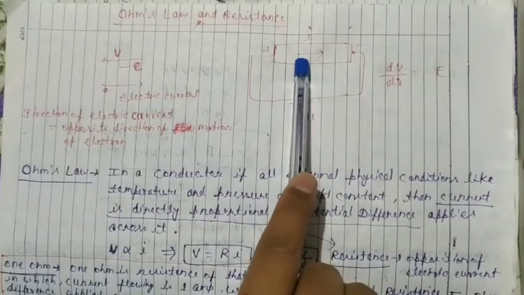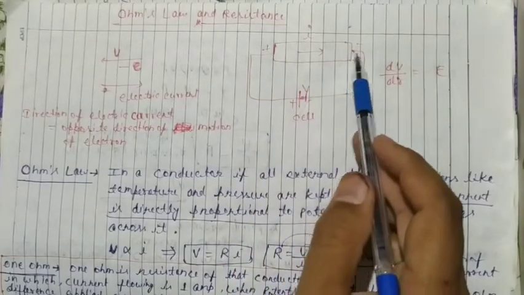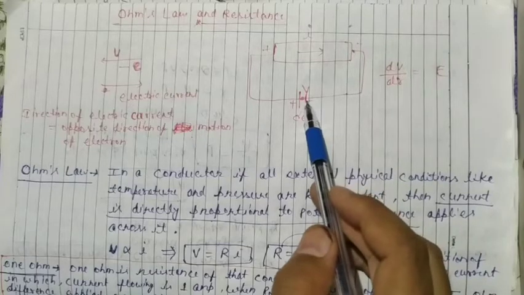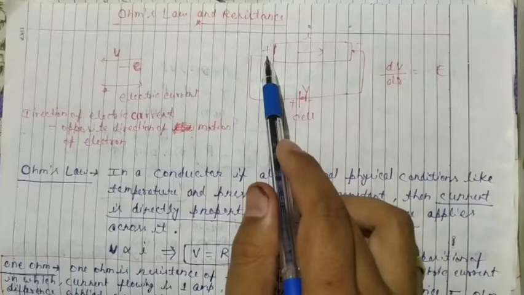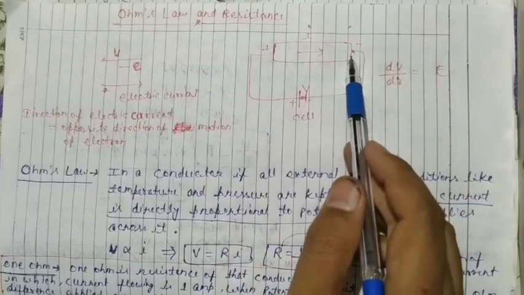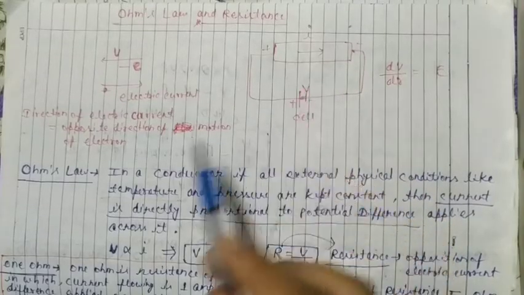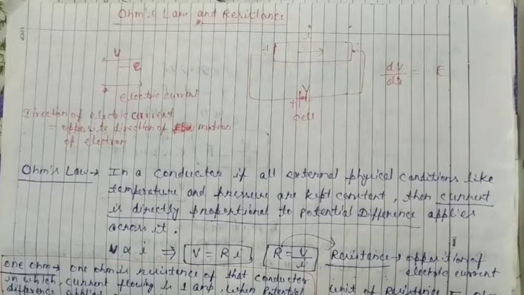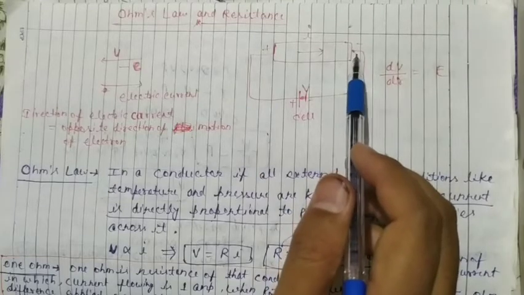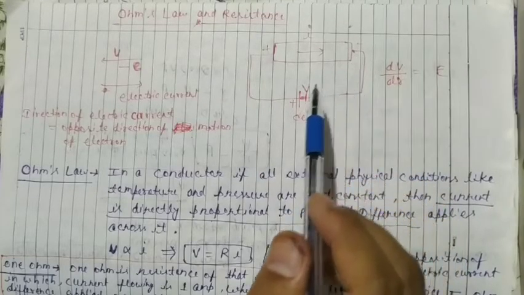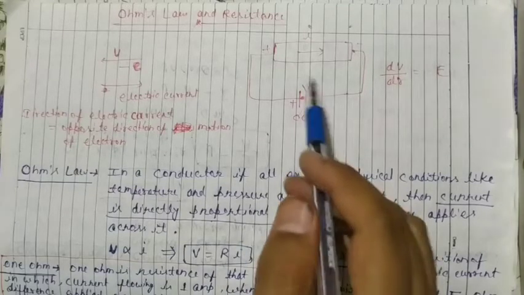This is the conductor, and this conductor is connected here, and here. Here, this is plus, and this is minus, and this is the potential difference V created between these two ends. It is important that potential difference is created here,